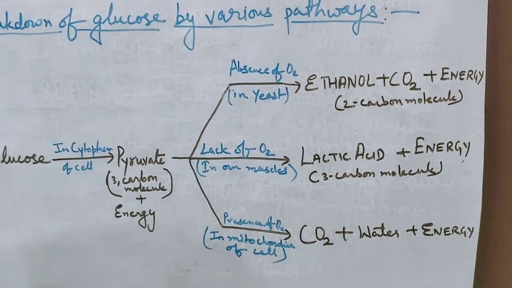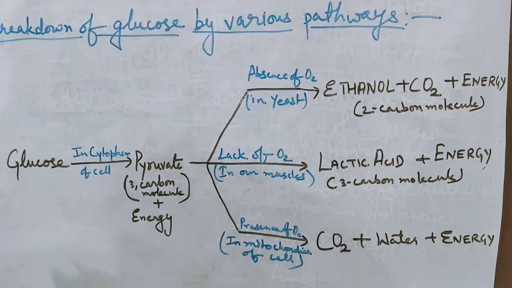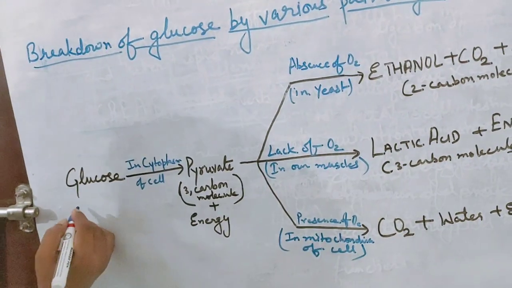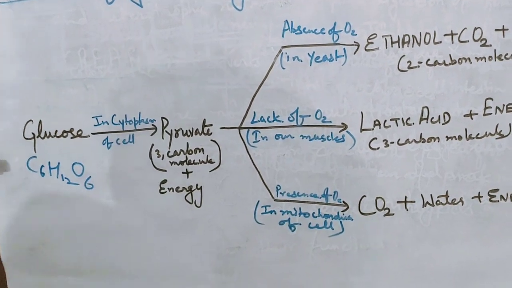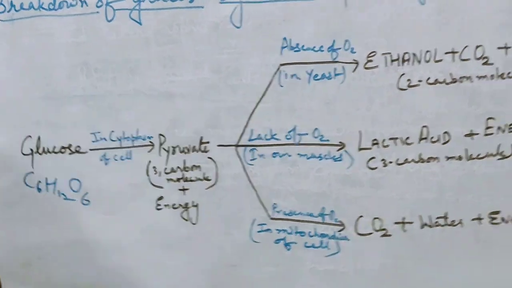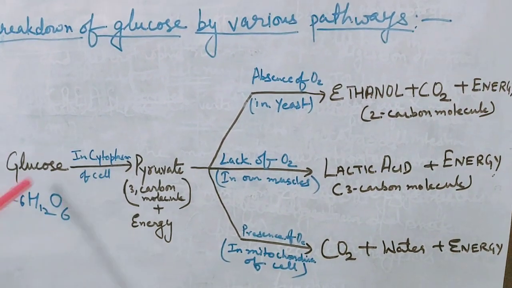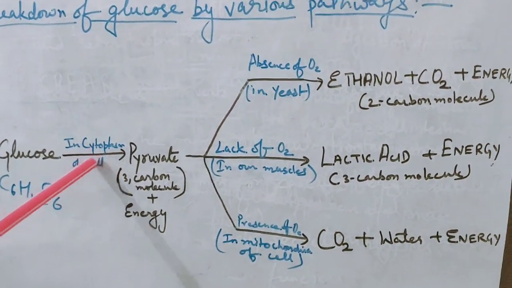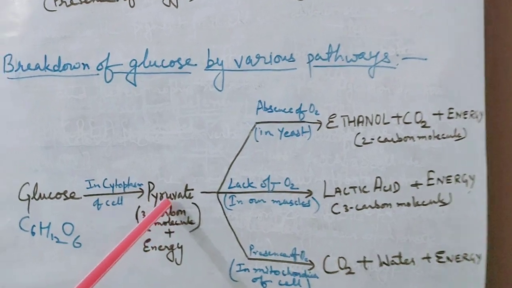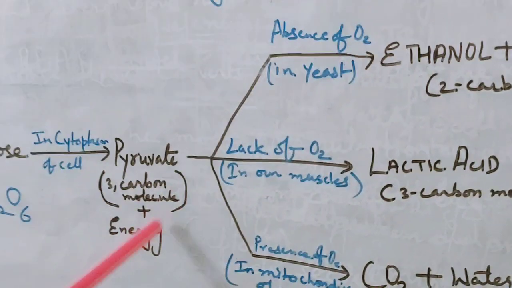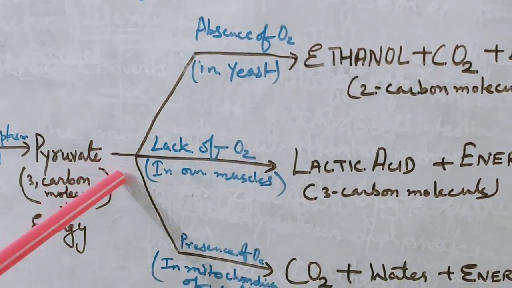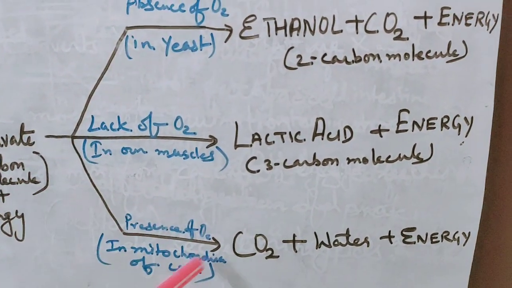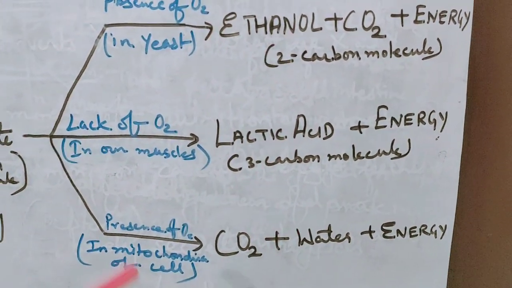What is the formula of glucose here? Everybody knows. The formula is C6H12O6. How many carbon atoms are there? 6 carbon atoms. It gets broken down in the cytoplasm of the cell into pyruvate, which has 3 carbon atoms, along with energy. Okay. Then this pyruvate further follows different pathways in different organisms. Like in the absence